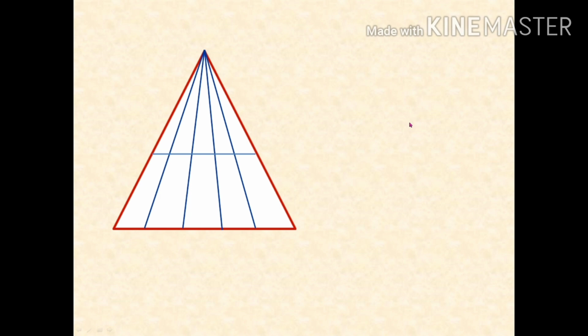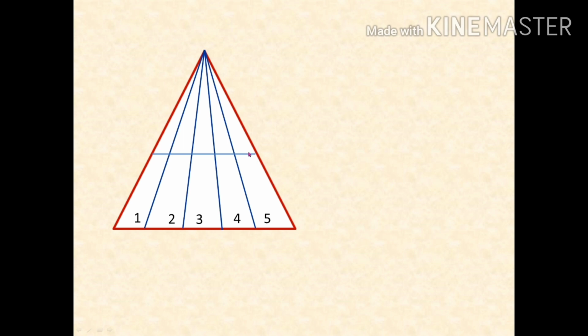So far we have seen the image having only one base. Now here is an image having 2 bases, but we can apply the same trick. First we have to see the lower base, then note how many triangles are there in this base. So start numbering it as 1, 2, 3, 4, 5. Now lower base is over.